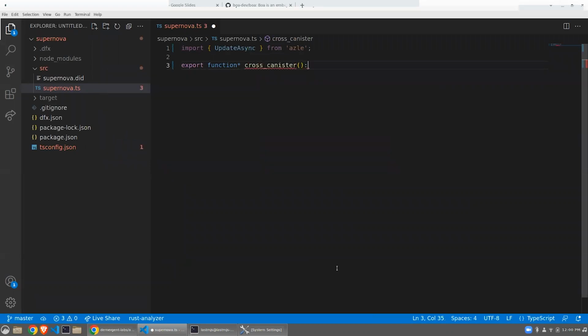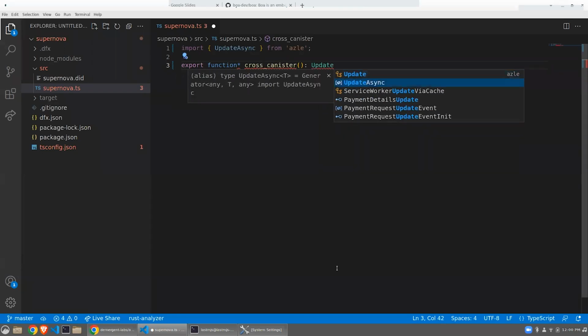It's just not commonly used, but async await is actually built out of generators under the hood. It's generators combined with promises. So if you're going to do a cross-canister call,